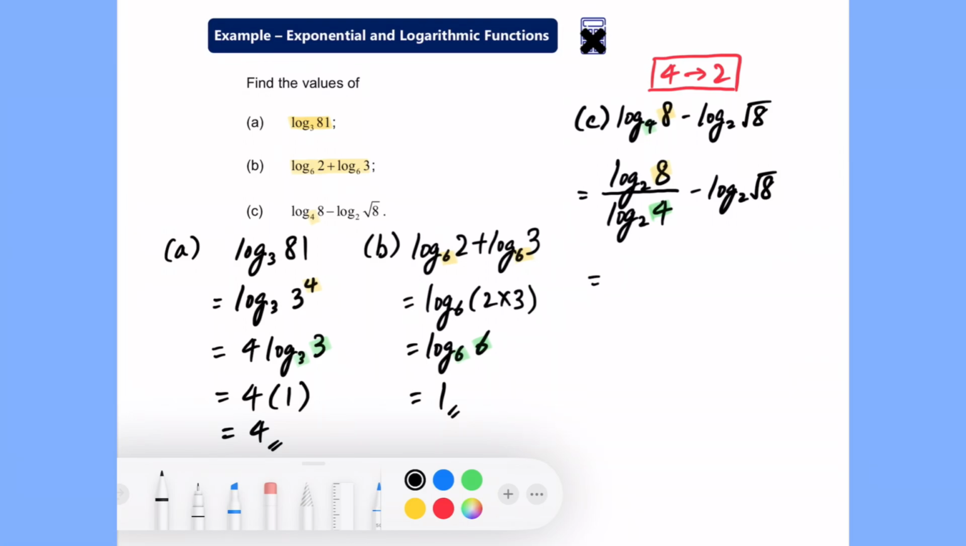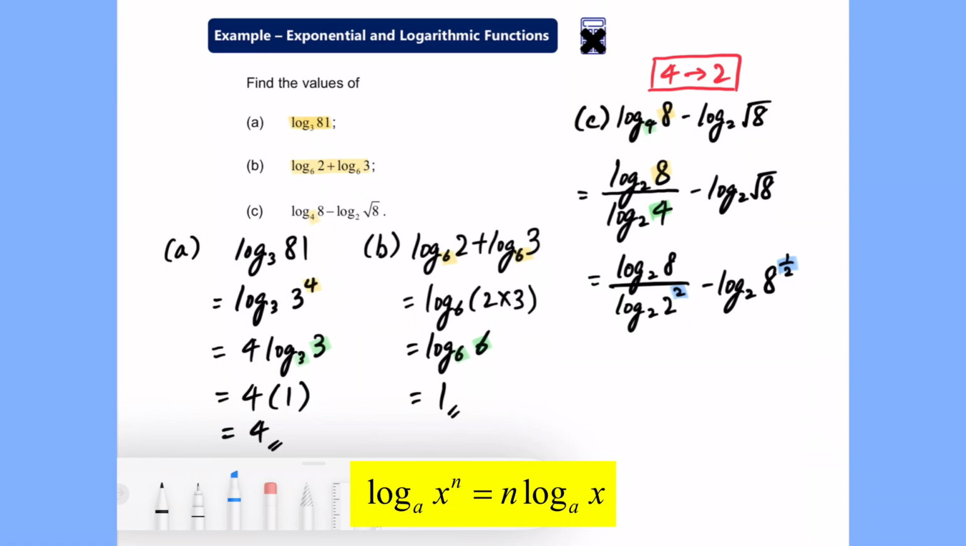And then I would like to make some changes for the denominator for the first term. I would like to present positive 4 as 2 to the power 2. And then for the second term, I would like to present the square root of 8 as 8 to the power of 1 over 2. Then from the denominator of the first term as well as the second term, we can see that there is a power inside the logarithm. And by using the similar rule, we will be able to move those two powers to the front of each term,